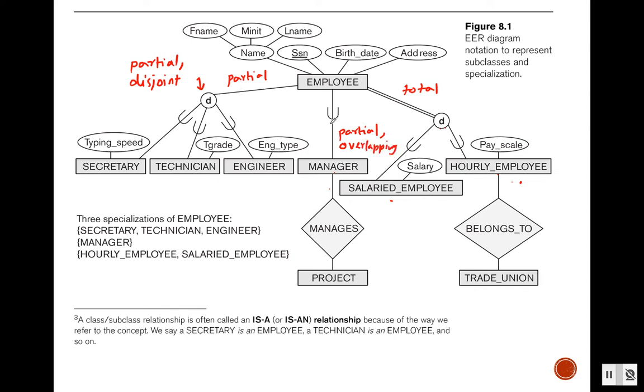So by default, if I do not have any circle here, by default this is overlapping. Okay, by default this is overlapping, meaning the same employee can be like an employee and a manager. Okay, now here it is saying that this is total and disjoint. All right,